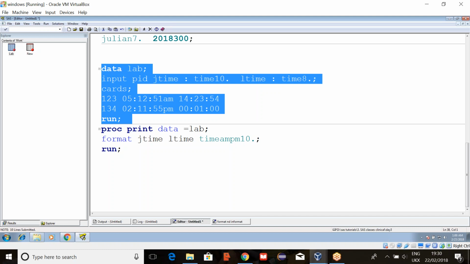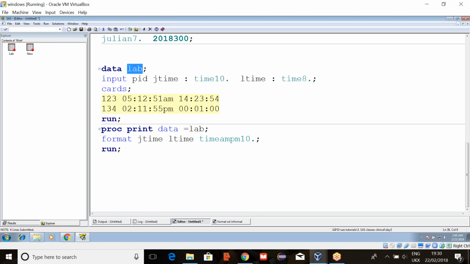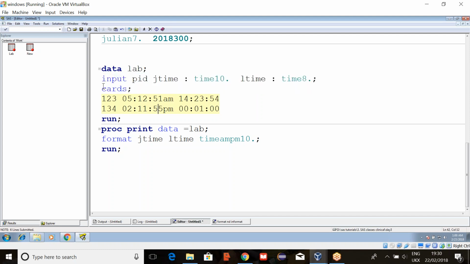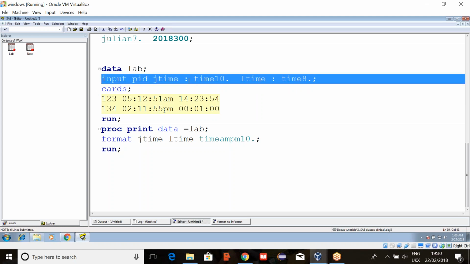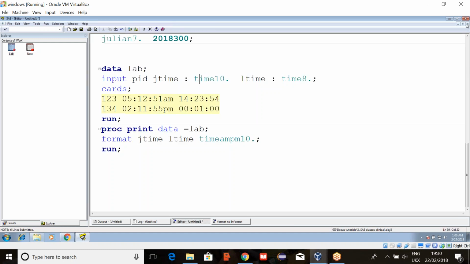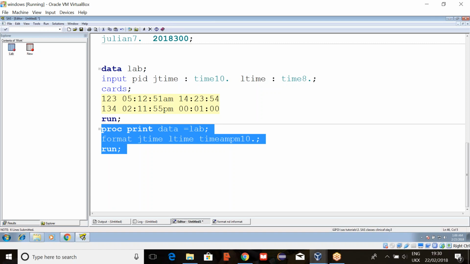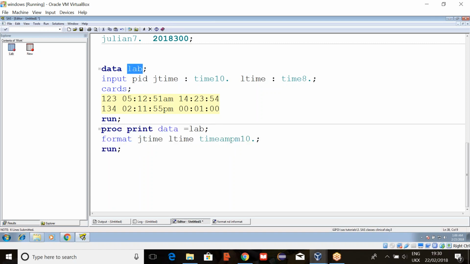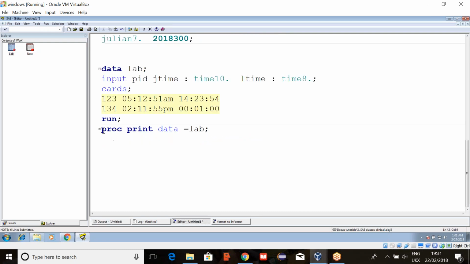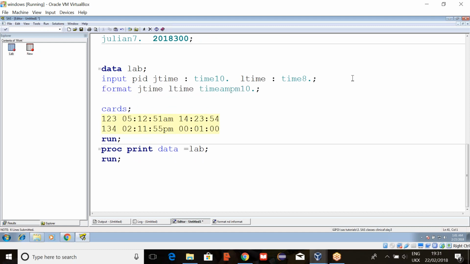Now here, in this code, when I am creating the data set lab, are we changing into the non-standard data? No, the format statement is not there. Here we just simply changed the informat, so it will be in standard data. While printing we are changing, so this is only for output purpose, not for the data set. Output will be different and data set will be different if you are using it in a proc step. But the same thing if you use in a data step, it is for permanent purpose.